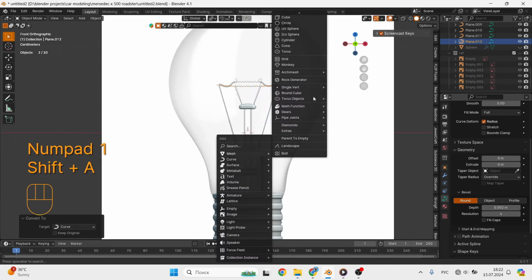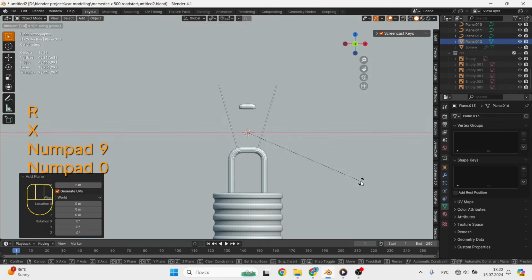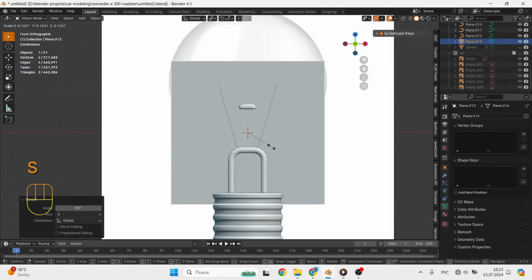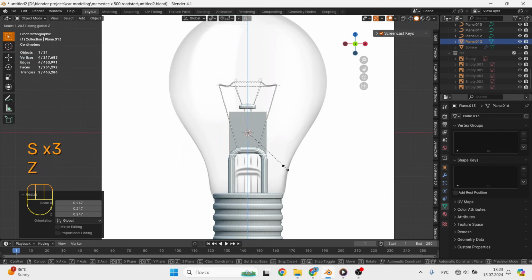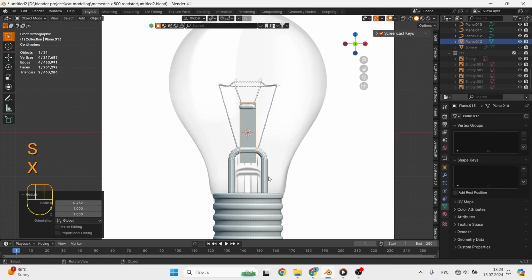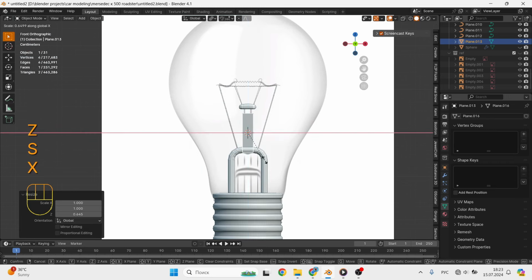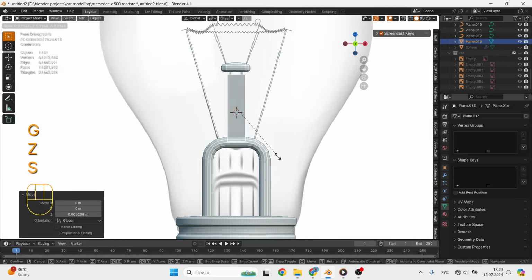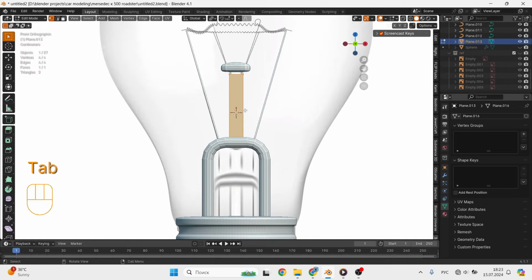And when I already thought that everything was ready, I realized that I missed two legs in the center. So, in the already known way, we add a plane, reduce it, rotate it and place it opposite the reference. Delete two central edges, convert to curve and set depth.